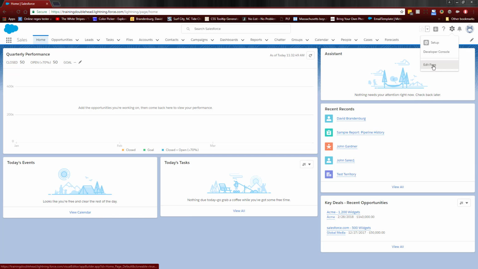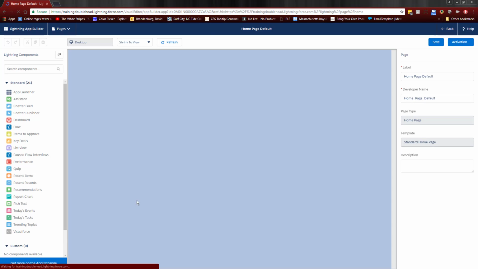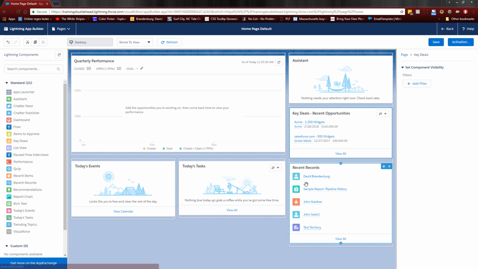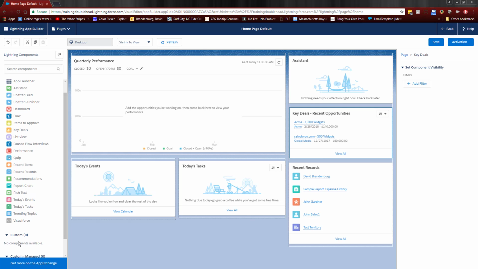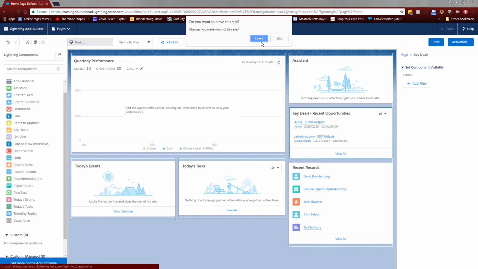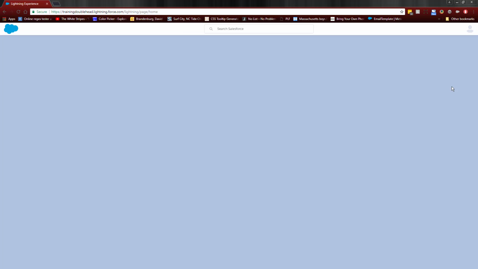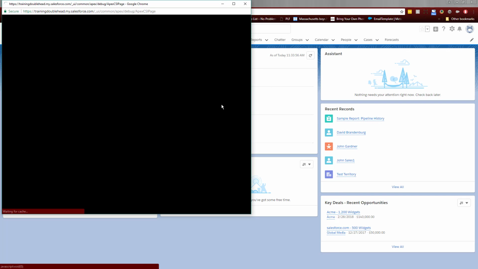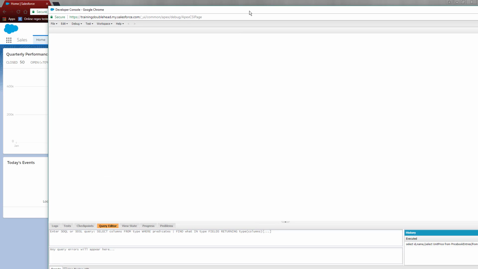So if we click on Edit Page, you can see each component is on the page. And from this main edit page, you can move things around or add additional components if you wanted to. As you can see, there are no custom components currently. So I'm gonna go back to the home page and go into the developer console and begin creating a Lightning